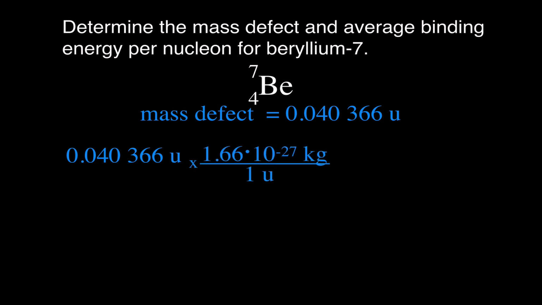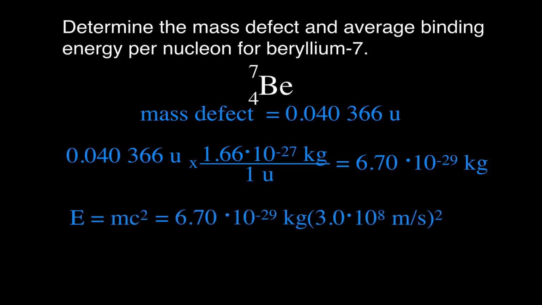We know that 1 unified atomic mass unit is equal to 1.6605 times 10 to the minus 27 kilograms, and that is equal to 6.7 times 10 to the minus 27 kilograms. So this is mass, and this is mass, and those two are equivalent, and we can convert that into joules using Einstein's equation, E equals mc squared. We have our mass here, the speed of light squared, and that equals 6.03 times 10 to the minus 12